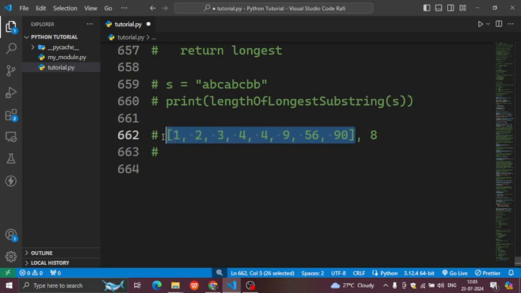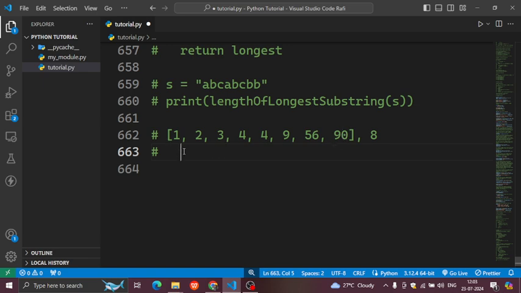Okay, let's come to the third, and let's take this example. So we have this array and the target is 8, and the main thing to remember is that this array is sorted, meaning all the elements in this position are smaller than elements in this position, right? The elements on the right side are greater.